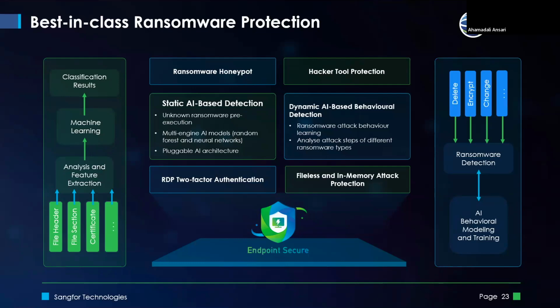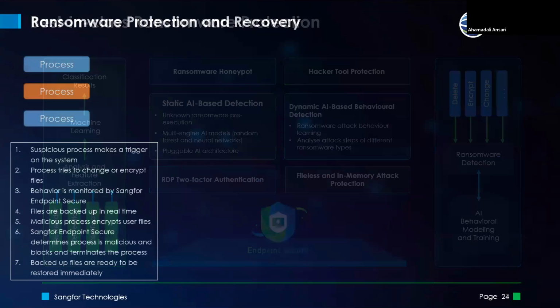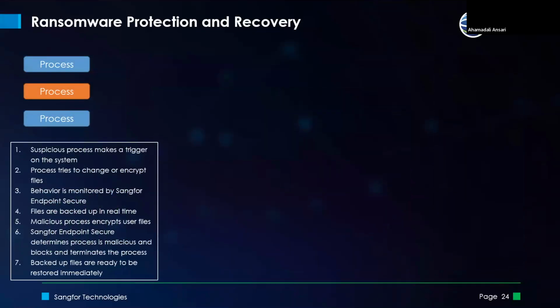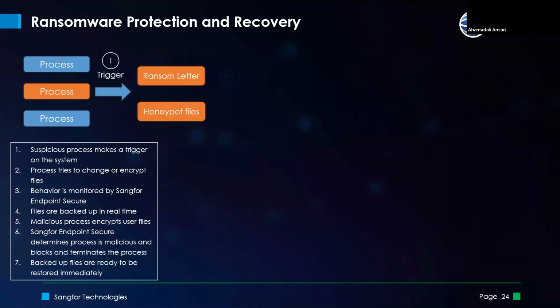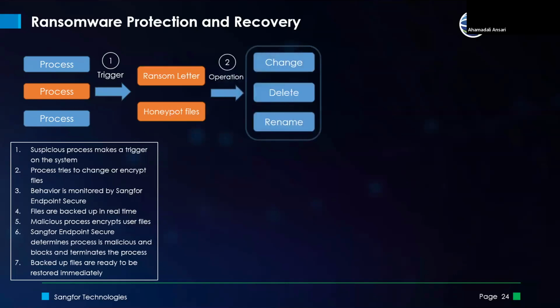And then we also have backup and snapshot recovery, which is very helpful in terms of breaches. So we have the 3-second skill. This is what best-in-class ransomware protection provides, with the help of static AI-based detection and dynamic AI-based detection. Just to give you an understanding of how exactly the honeypots work: any process that is running will automatically trigger the honeypot files, and we can understand the behavior.